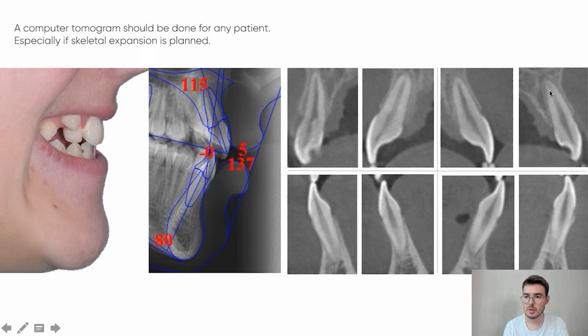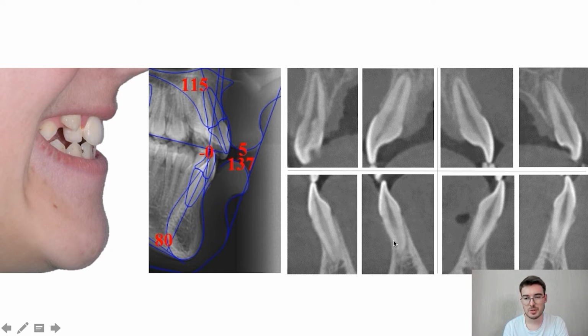Please take a look at the inclination of his teeth. They're good. A narrow lower symphysis on the lower jaw is typical for patients with a mesial bite. The lateral incisor is in a cross bite. You can see it on the CBCT, and there is a sufficient amount of bone tissue, so the incisor can